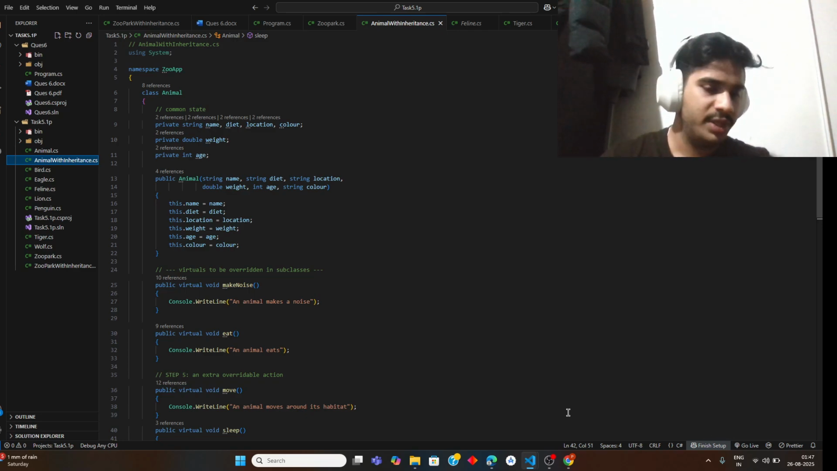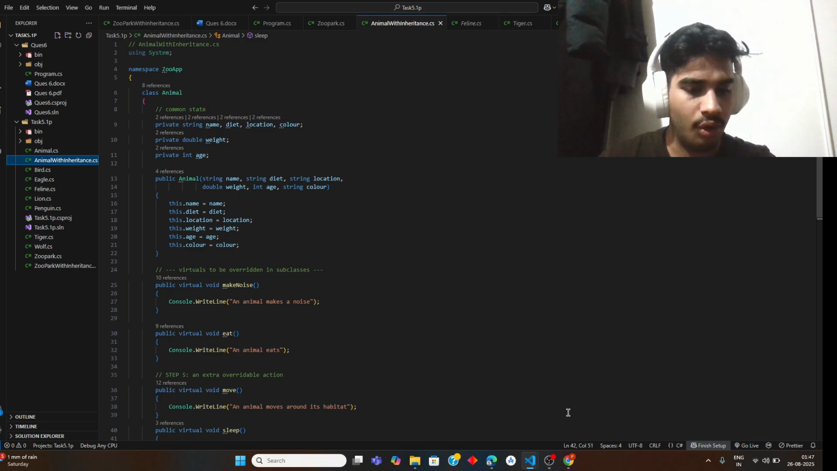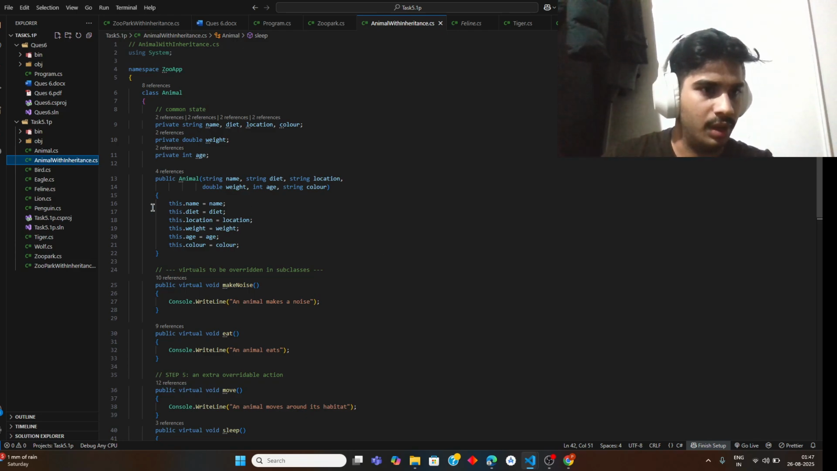So my project has one entry point called ZooParkWithInheritance.cs, as you can see on my screen, to avoid multiple Main errors. Each file is a class. Animal with inheritance is the base class. Feline and Bird are intermediate parents. Tiger, Lion, Wolf, Eagle, and Penguin are concrete subclasses. So let's move on with our first